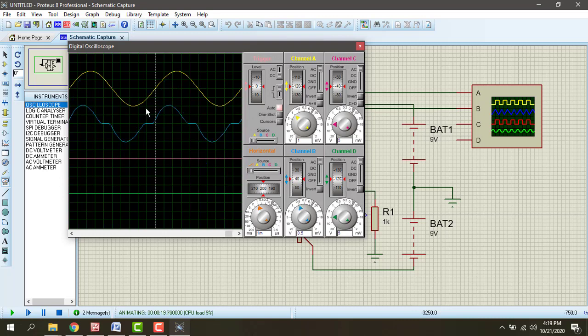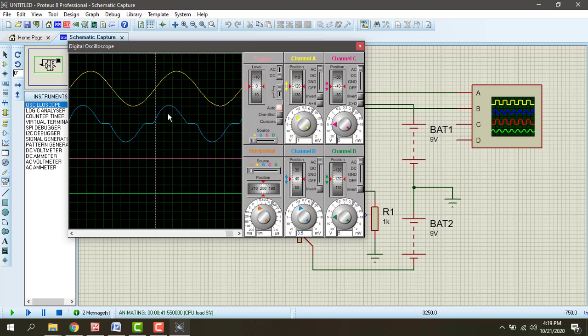So we can see that here there is a crossover distortion. We can measure this crossover distortion. It is because both the transistors will not conduct if the signal is less than 0.6. So at the zero crossing, the signal is less than 0.6. At that time both the transistors will not conduct, so there will be no output. The yellow color waveform is input and the blue color waveform is output.